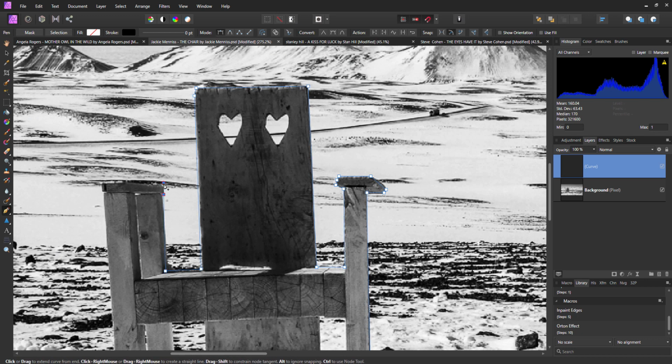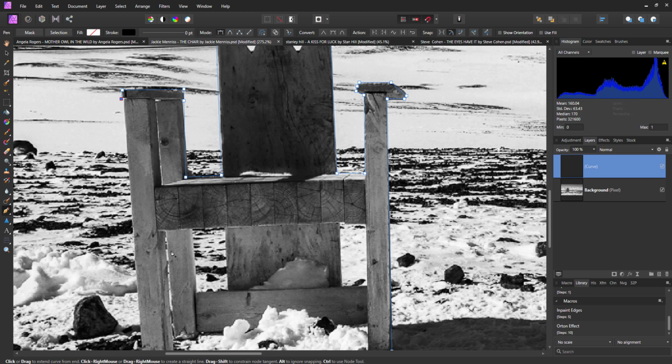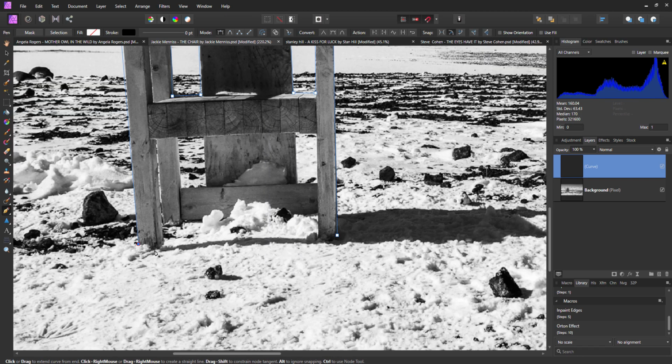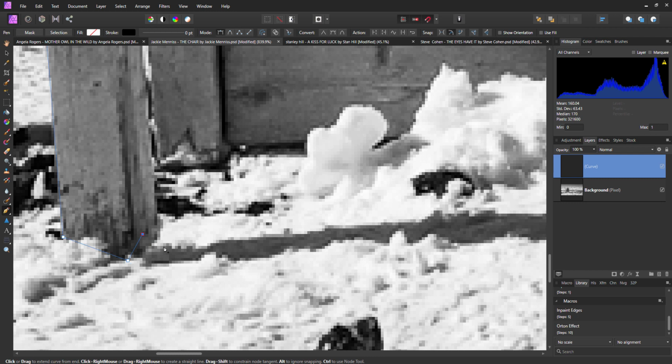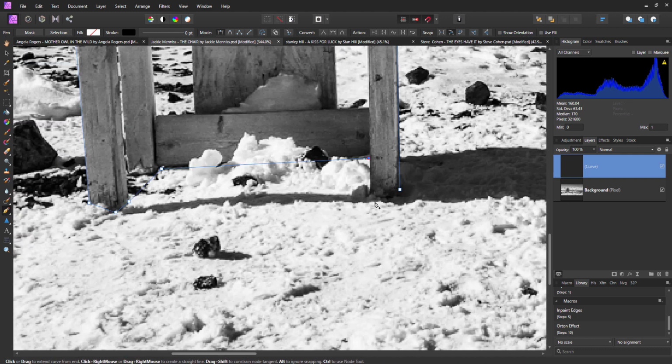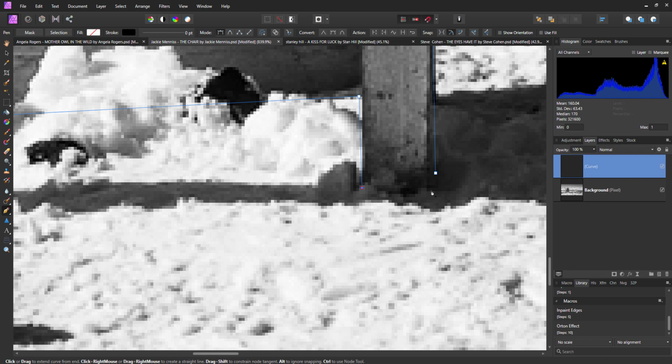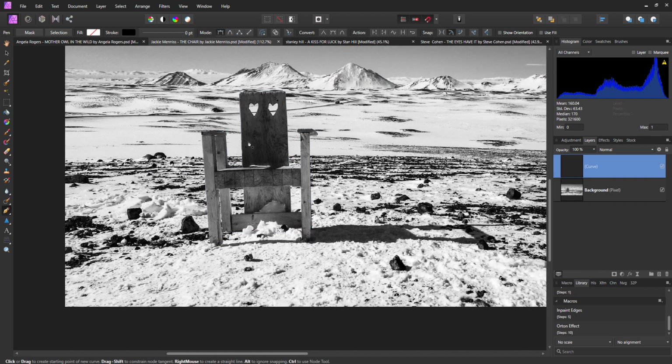So we'll just come up here, yeah, bit dodgy. There we go. Down to here. Oh, Control Z. Back to here, and I'm gonna cheat. I'm just gonna go over to here, down. And you just pick the tool and it will join it up. So we picked this. I could do all the inner shapes as well. I'm not going to bother. I'm going to say, okay, make that a selection, thank you, and then what I want to do is